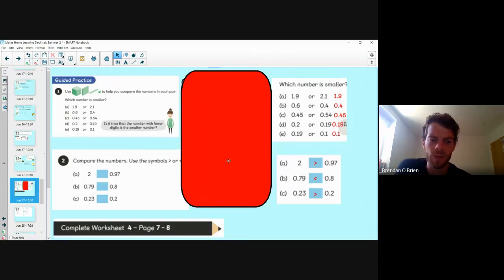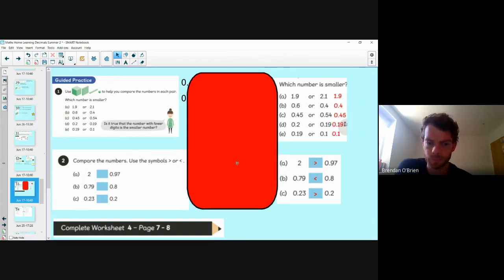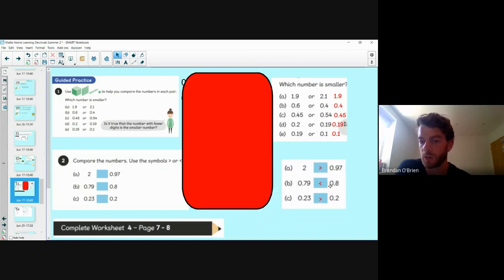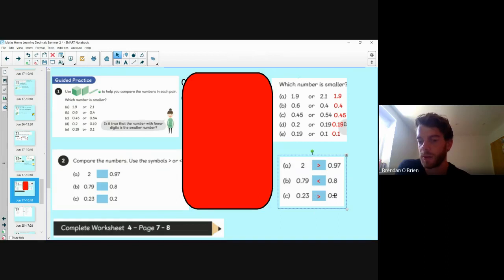To compare the numbers, use the symbols for greater than or smaller than. 2 is greater than 0.97. 0.79 is smaller than 0.8. 0.23 is greater than 0.2. Okay, so